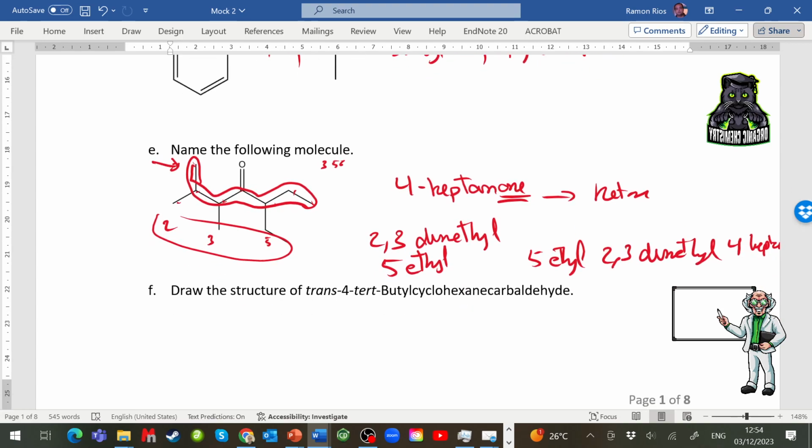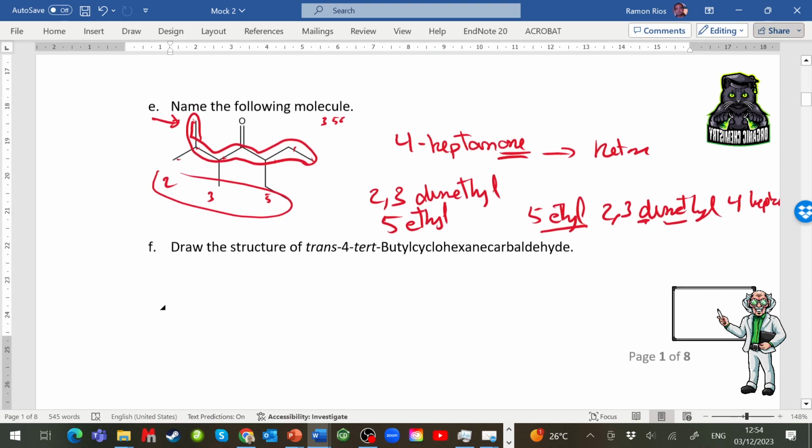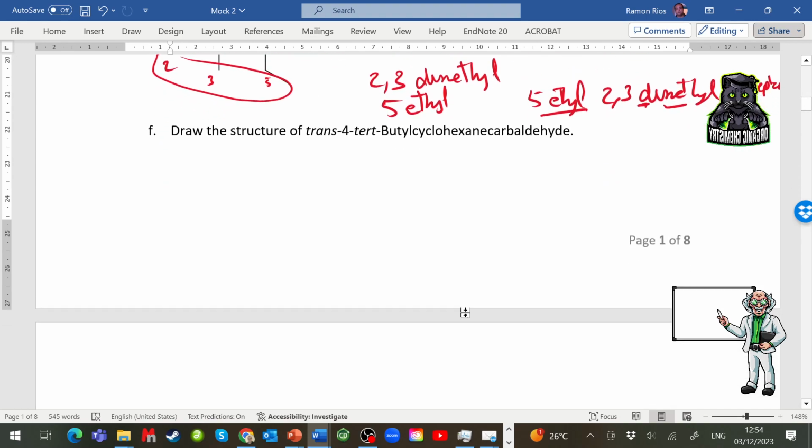Remember that ethyl is E, that means that it's before the M. Remember that when I say D, T, etc., this prefix doesn't count in order to make the alphabetical order. Okay? Well, F, draw the structure of